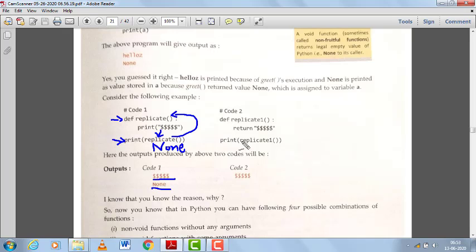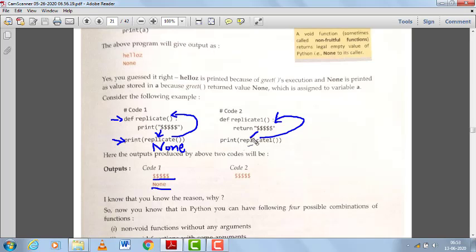Again, in code 2, def replicate1, this is a non-void function because we are using the return keyword and we are using a string with this return keyword. That means it is returning something. That's why it is a non-void function. print replicate1, the function is called here, and the statements inside replicate1 will be executed. After this, return 5 times dollar.